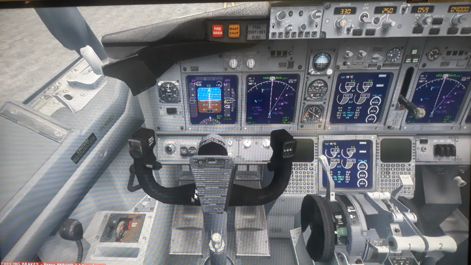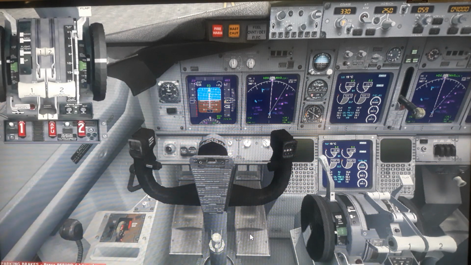So we have looked at these controls, and now look at this central pedestal expanded. This is the flap lever. You pull and push. You see it. Now when you take off, you are normally at around 10 position. So you pull the flap and put it here to 10. So you can see that position of the 10 here, right in front of you. This is a flap indication.